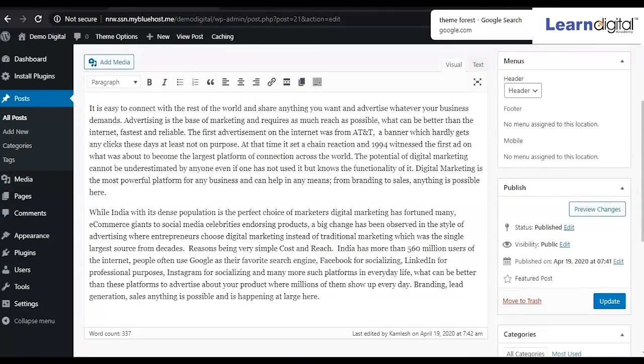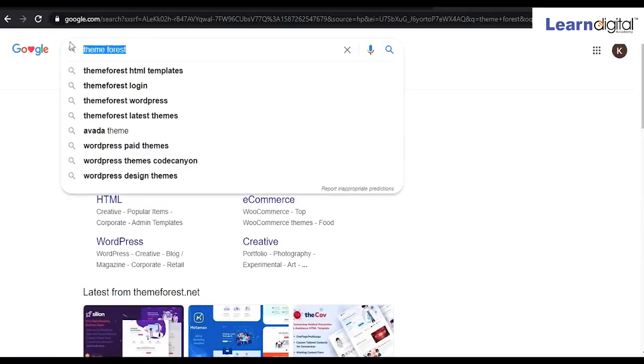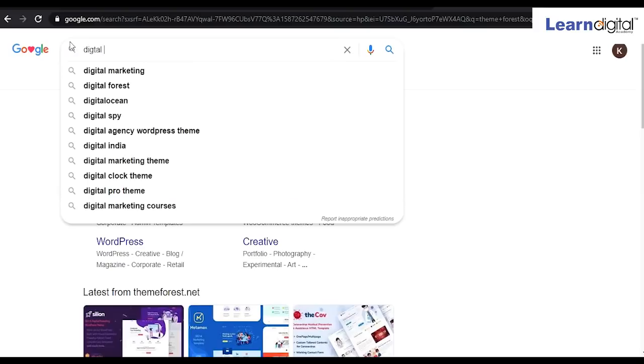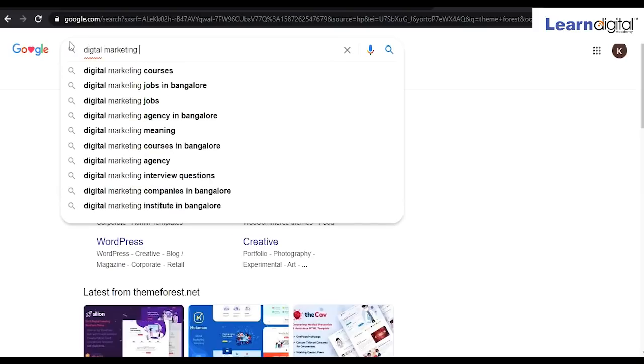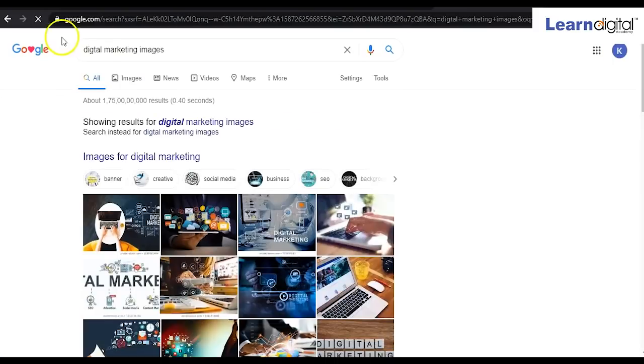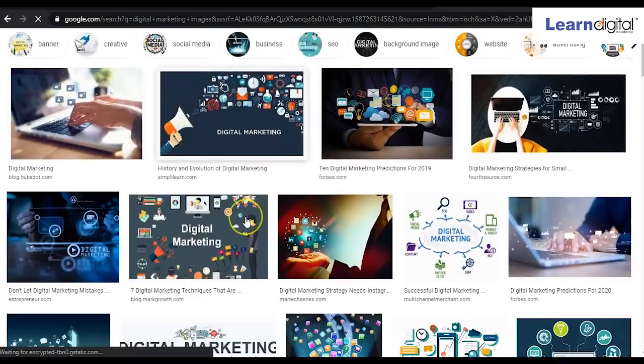I'll search for some images like digital marketing images. Just click on this, click on images. So here you can see the number of images as well.